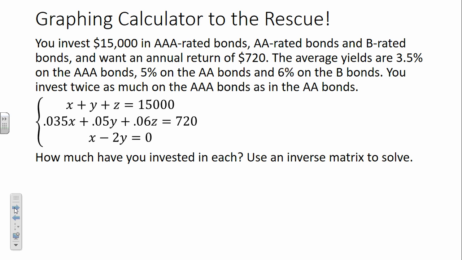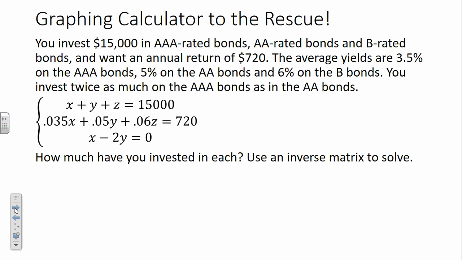Okay, we're investing $15,000 in AAA, AA, and B-rated bonds. Okay, municipal bonds again. So Omaha, I think, still has its AAA rating. It's a pretty good risk that the taxpayers are going to pay their taxes, and therefore you're going to get your money back, right? So if they want to do a sewer improvement project or something, they may be a AAA rated bond, which means that you wouldn't get as much interest on their bond, right? 3.5% interest, they're less risky. Someone else might be a little bit more risky, or the different kinds of loans, life of loan and so forth. There's lots of reasons for them to give a different interest rate. But you can make 3.5% on the AAA bond, you can make 5% on the AA, you can make 6% on the B bond. Okay, B is the riskiest or a little bit more scary, so you're going to make